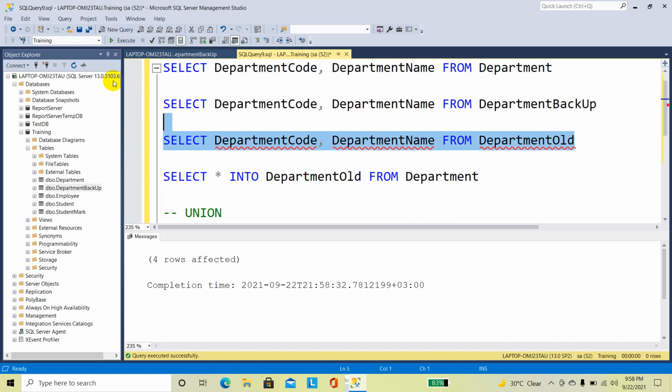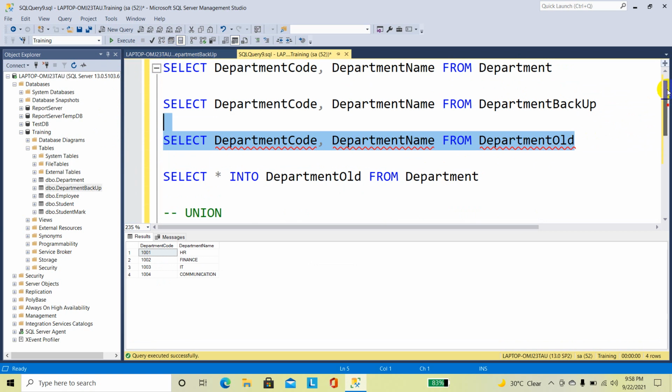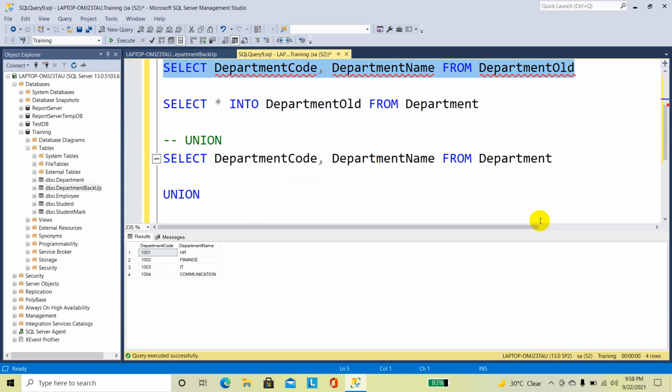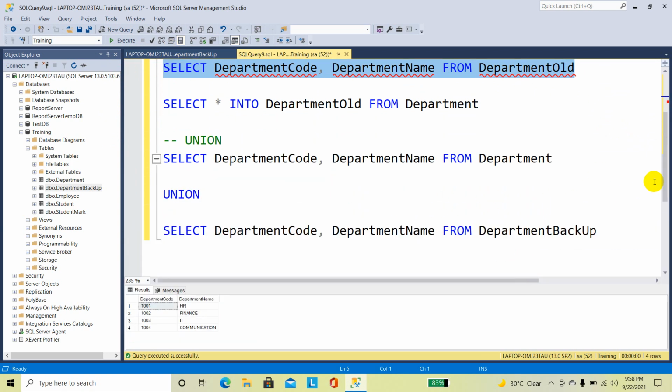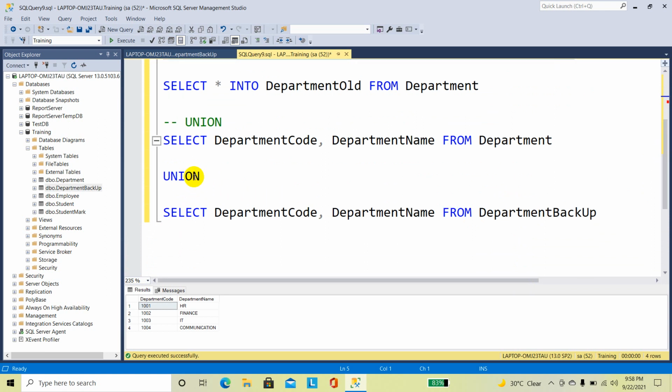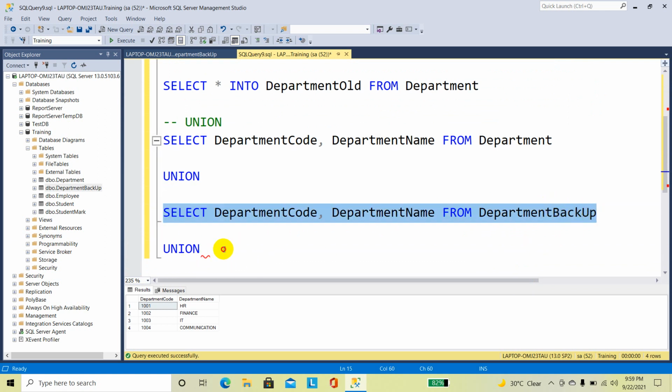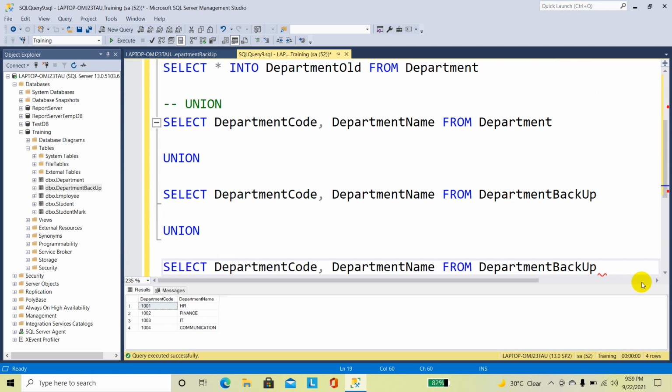Now I am going to apply union here. Union, then I am going to select department code and department name from department old.